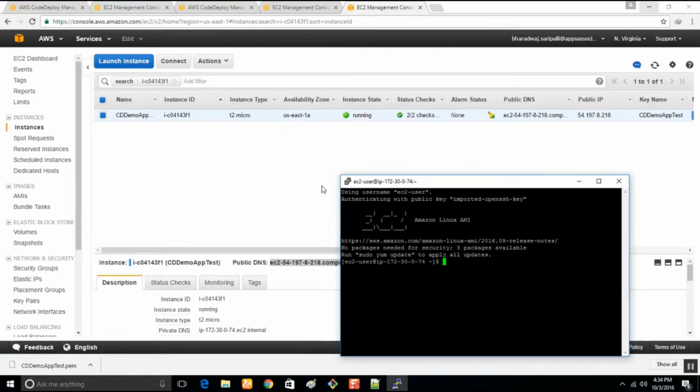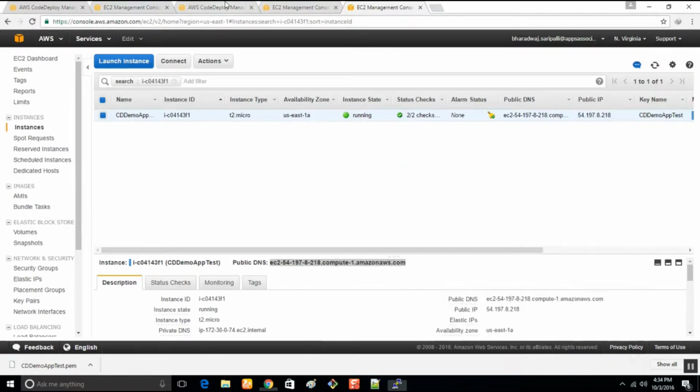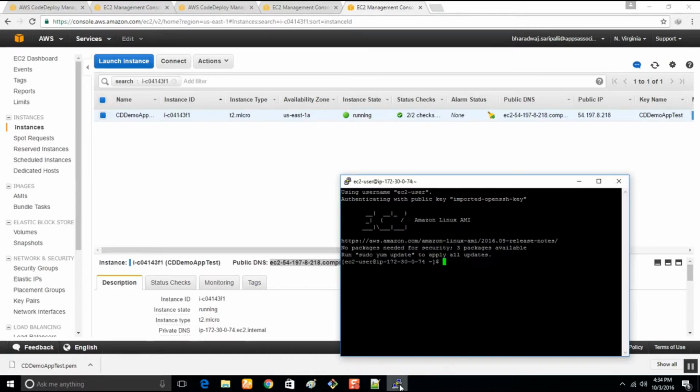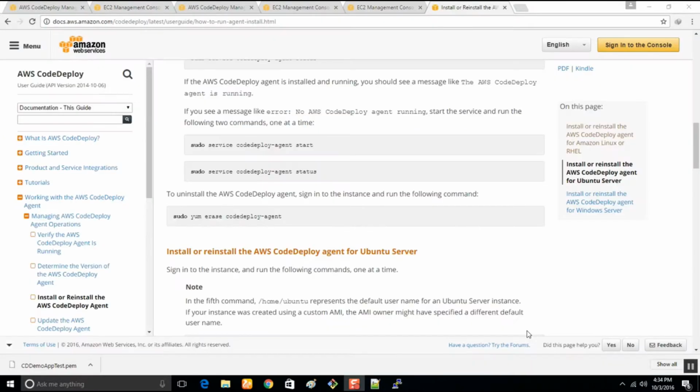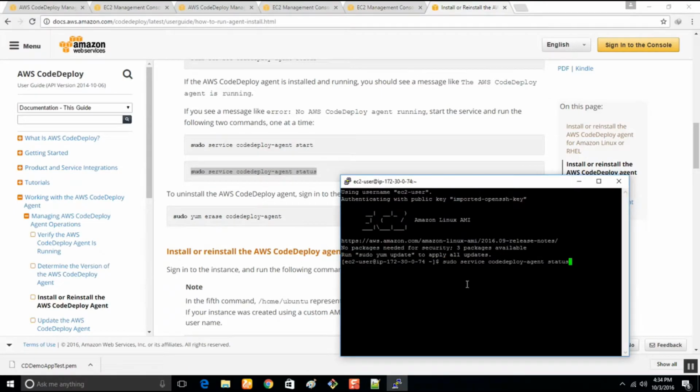To see whether this CodeDeploy agent is installed or not, we need to verify it. You can run this command to check the status. Copy: sudo service codedeploy-agent status. Unrecognized service. The reason is the service is not installed.